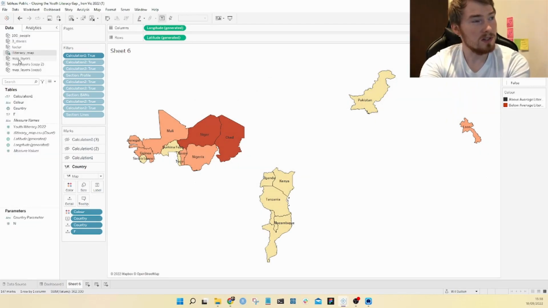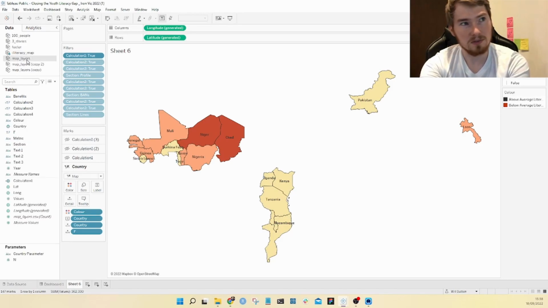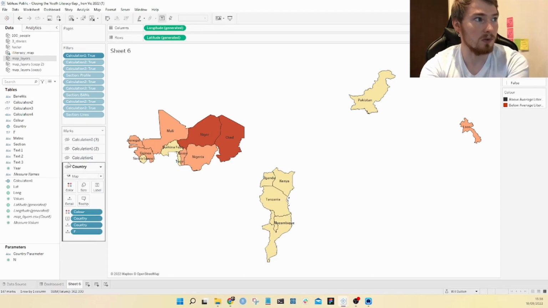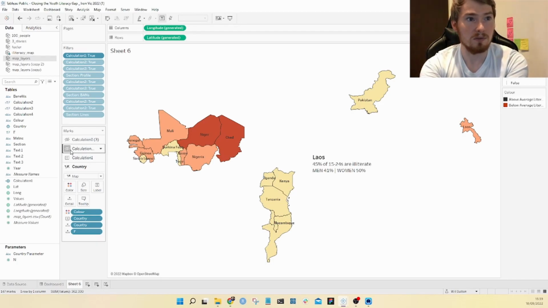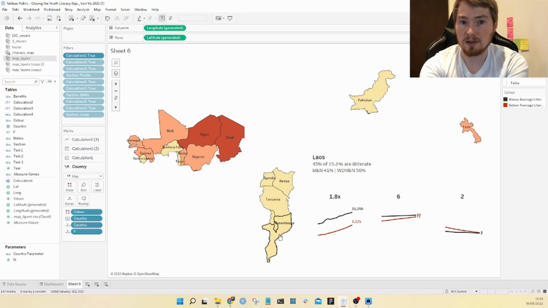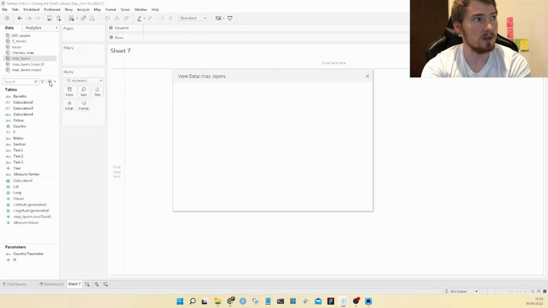So you will notice this data set I've got here on the left, up here called map layers, which I've then copied 2 more times. This is to bring those extra data points on. So I built out different sections in this data to fit all the different parts, all those different charts I wanted to show. So you have one section that does this title, one section that does these big numbers, and then one that plots these line graphs. Take you through this data quick.